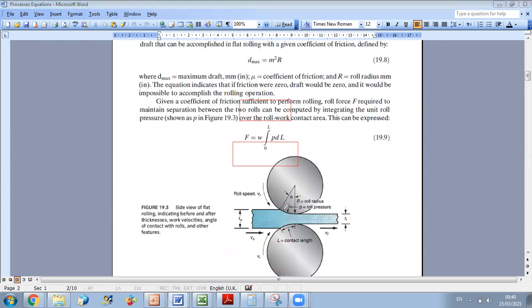If I multiply it by the width of my rollers, it will give me the area. Here I should multiply it by the contact width. Usually the width of the rollers is larger than the width of the part. So I should multiply it by just the width of the part. So it's the width of the part times the length of contact. Okay. And as we have seen, L can be computed as a function